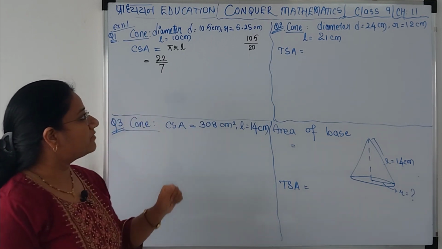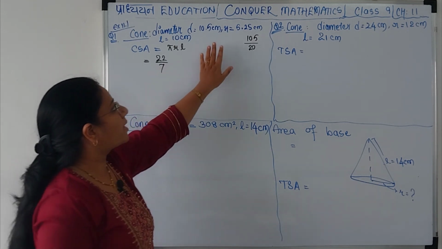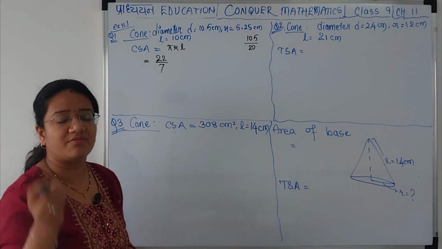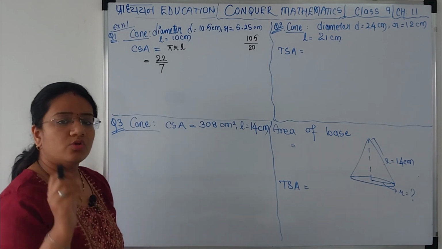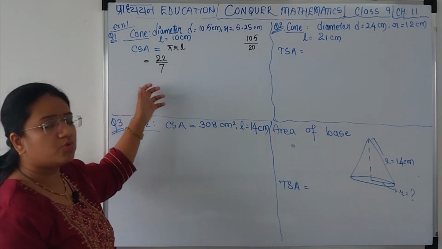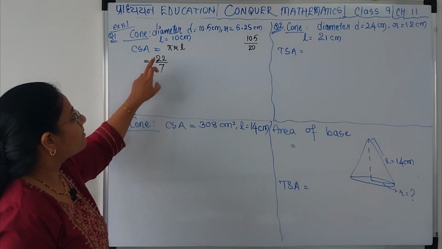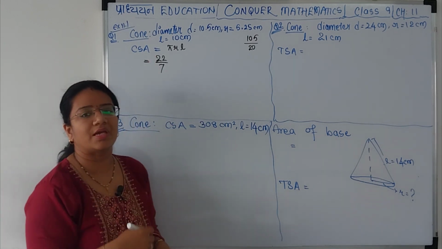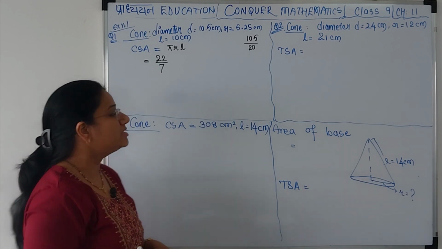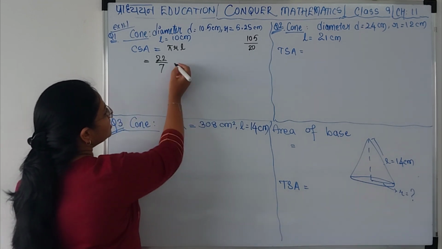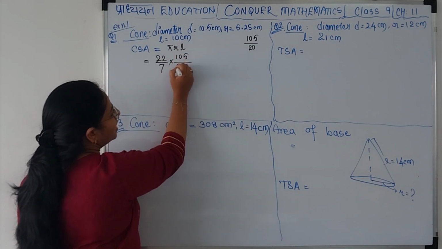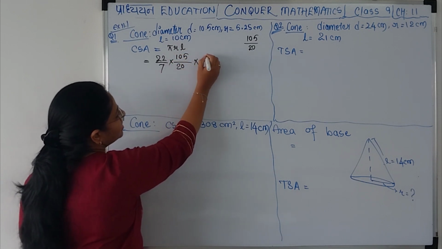like I said in the previous video, if your radius or your slant height or any quantity is a multiple of 7, then in most of such cases, pi that you have to use will be 22 by 7 because we can cancel the values by 7. Radius I am taking as this. I will tell you why we have done that. It will be easier for you to understand.